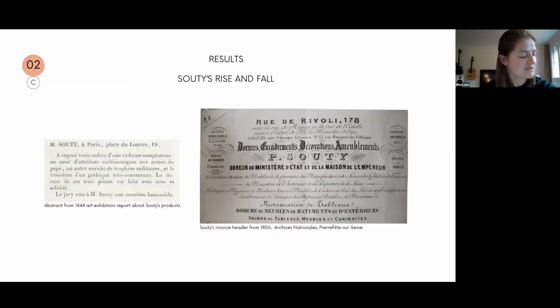And you can observe the same tendencies when you take a closer look at the history of the Sauté company, who tried to maintain their business throughout several generations during the 19th century. At first, in 1823, Sauté's company is quoted in the Bottin as wood gilder, and in the 1850s, the company seems to have enjoyed a golden age, taking part in several industrial art exhibitions, as you can see in the invoice header here,